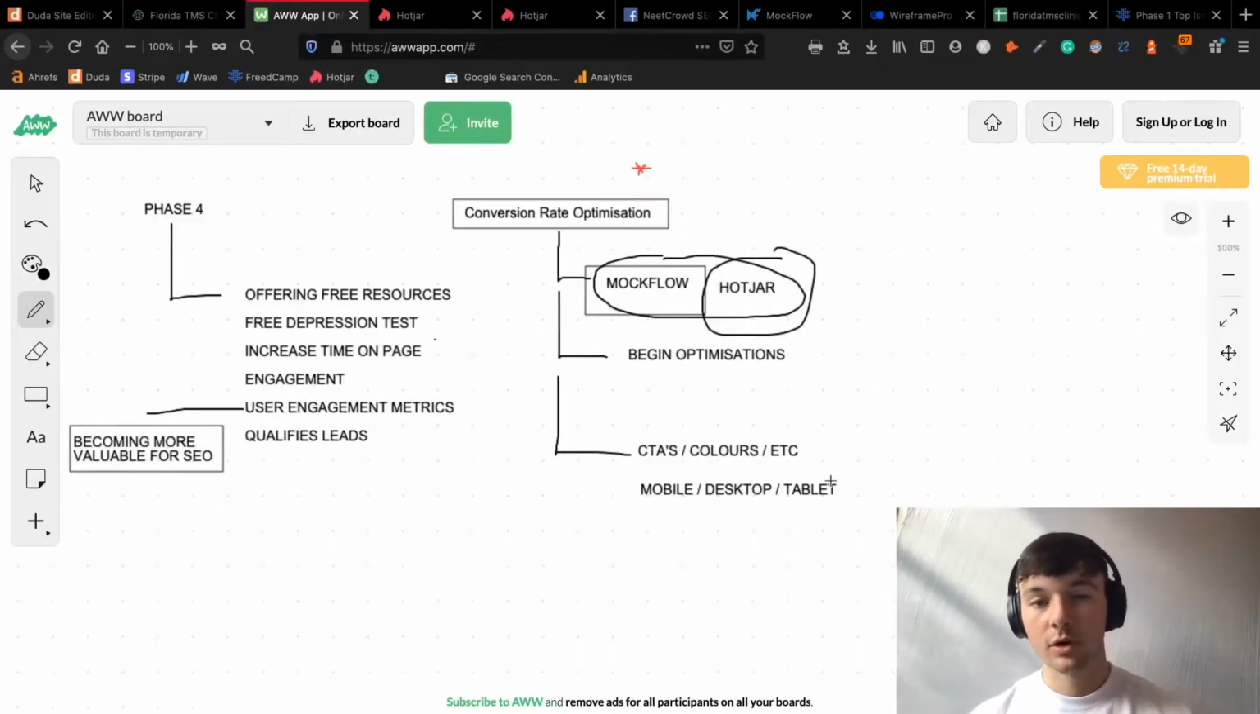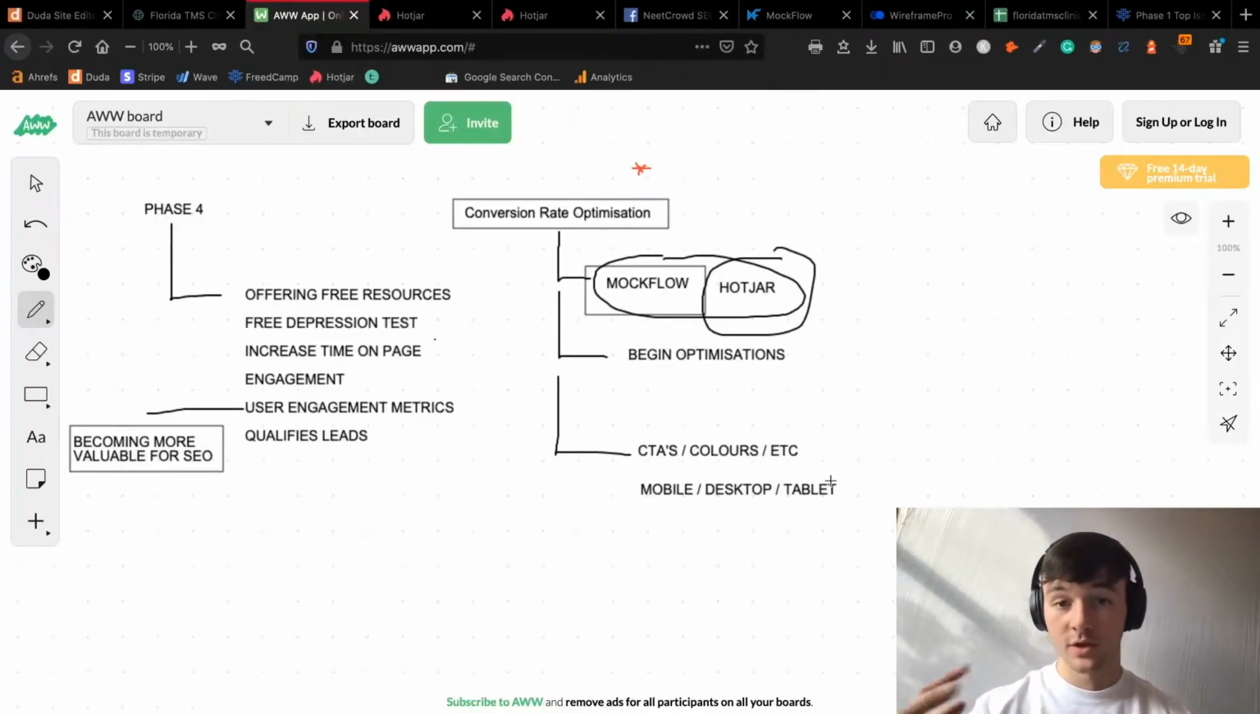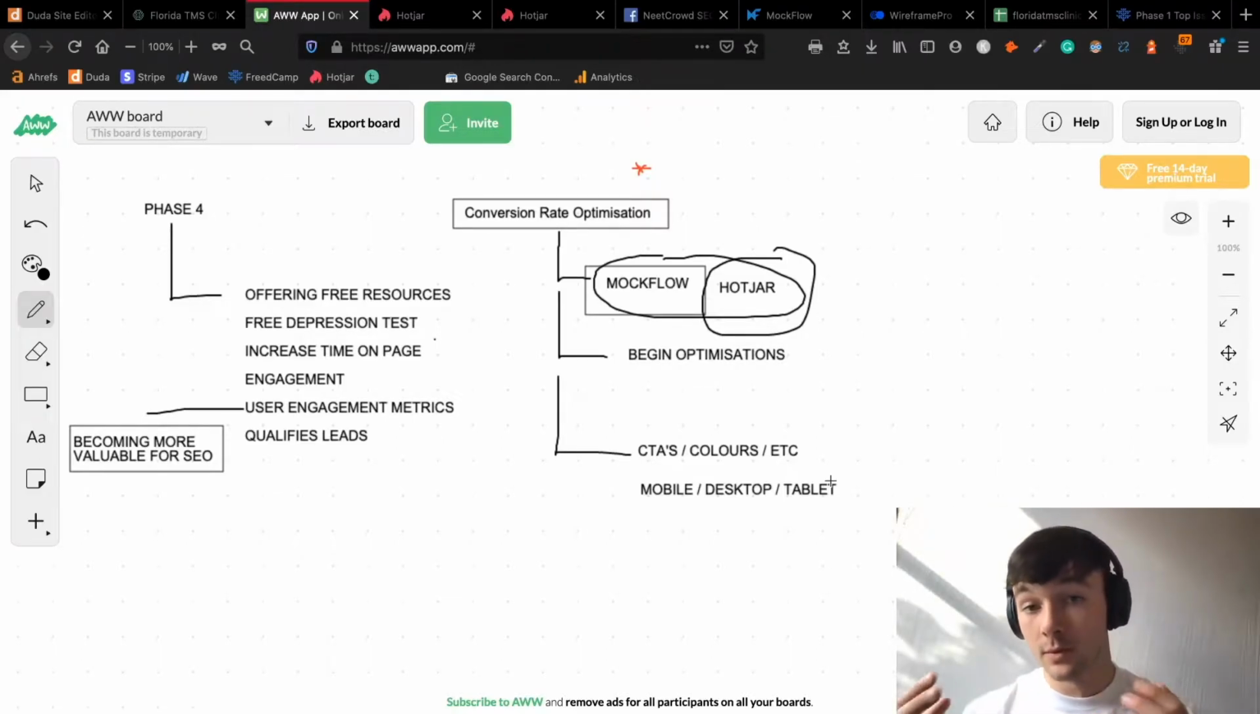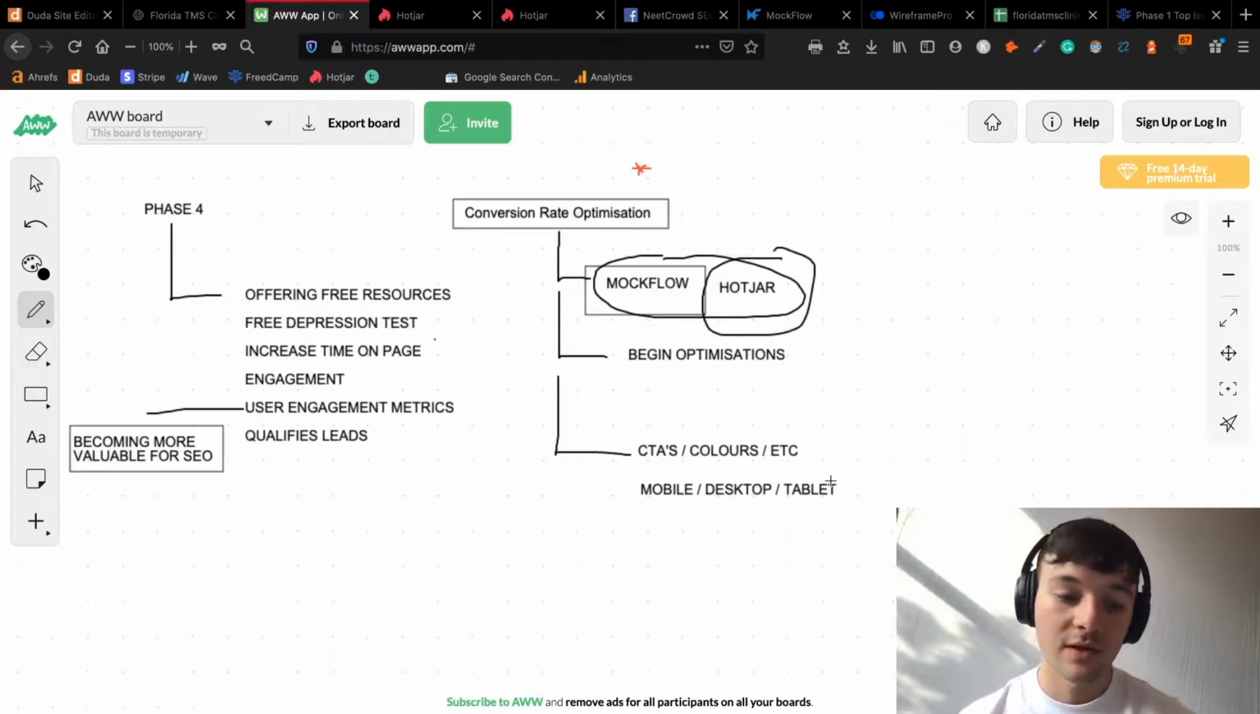Hey guys, today I'll be talking about how I conduct conversion rate optimization on a website, how I optimize a website to convert more customers, right? One of the things I like to think about when explaining this to a client and the value of